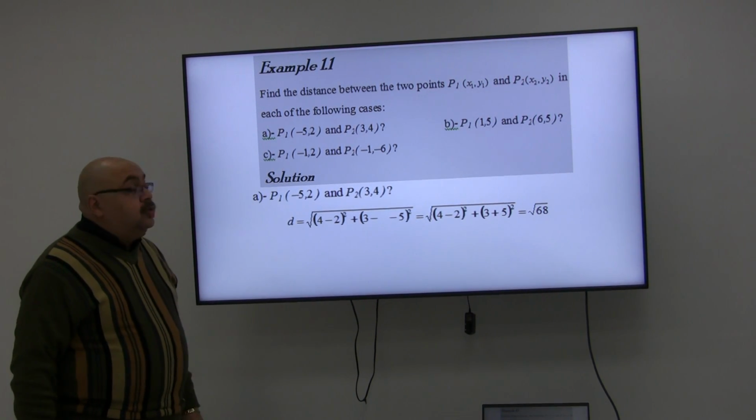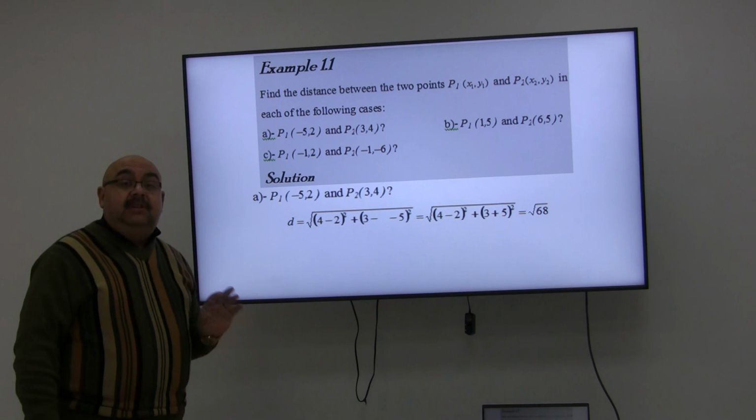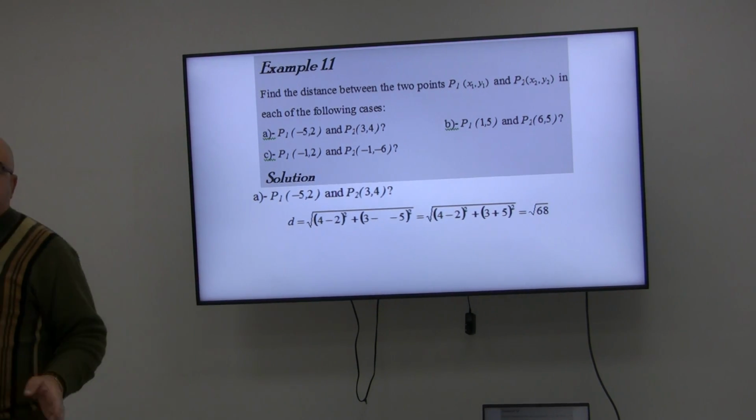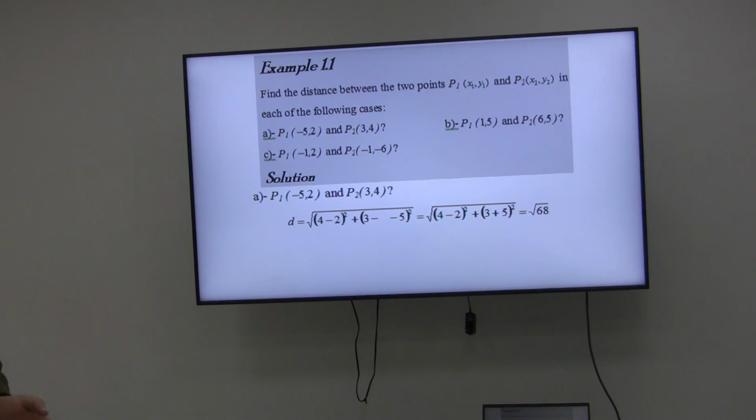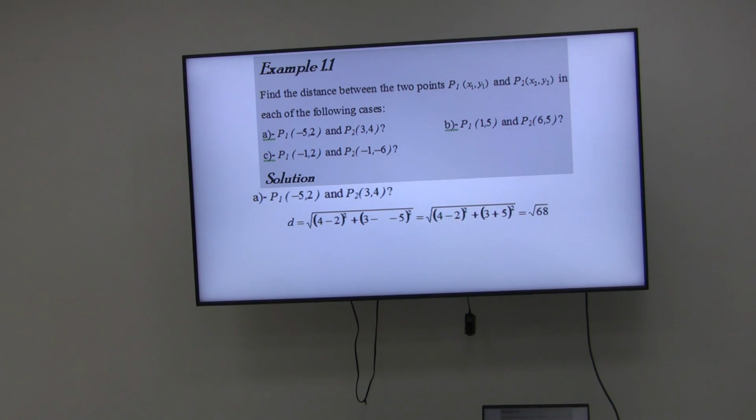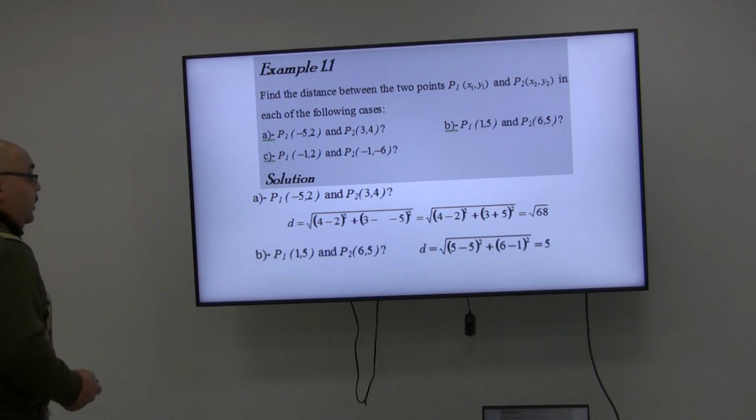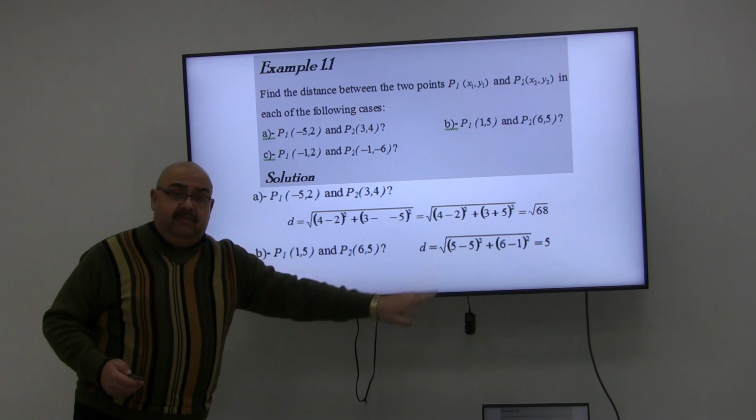Miss Fatin, if you look at problem number B, you will discover 2 things. Yes, you are right. You don't have to use this distance law, because once you look at these 2 points in B, which are 1, 5 and 6, 5, they are points on a horizontal level. Why horizontal? Because the y coordinate is constant. So actually the distance between them is 6 minus 1, which is 5 units. Also, I can do it using the distance law, and it will give you the same.